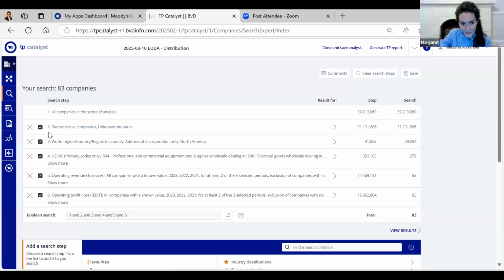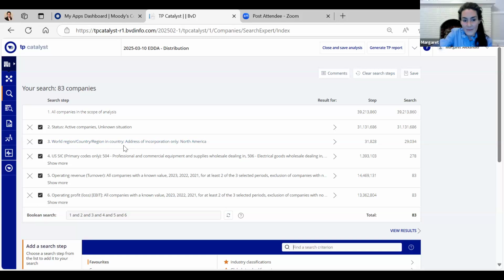I've added this first step, or step number 2. I'm looking for active companies, or companies that we don't know if they're active or not. That's pretty basic. I see that in almost every search that I've seen, when I'm looking at documentation reports that I'm reviewing back when I was a practitioner, or even with customers now.